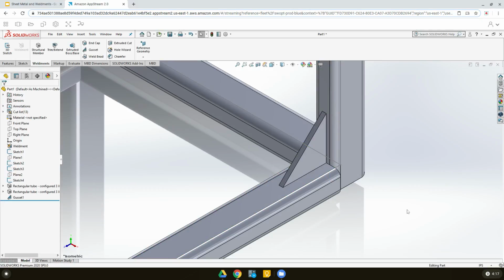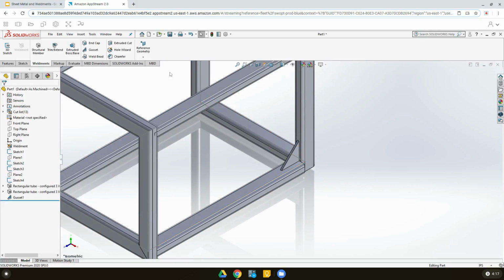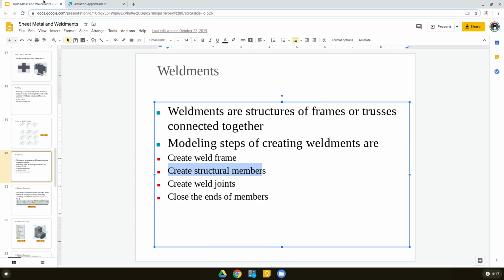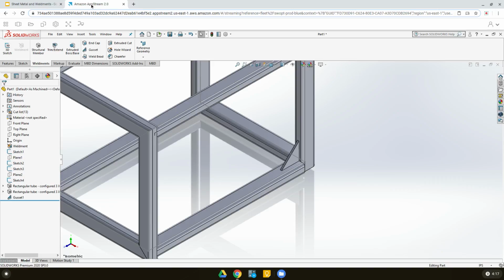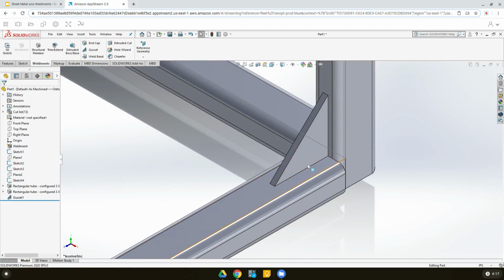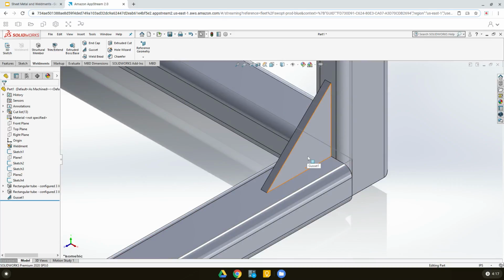And as I said before, you can add similar gussets to all the other corners, right? I'm not going to do that for the sake of time. And last thing, we're not going to close the ends of these members in this tutorial, but we will now add the welding, right? We'll actually add the weld. So let me focus on this gusset here, zoom on to that, and we are going to add weld bead. So I'm going to select that,